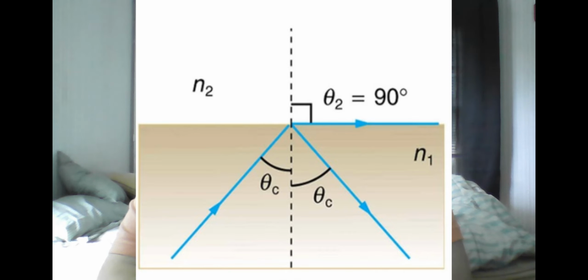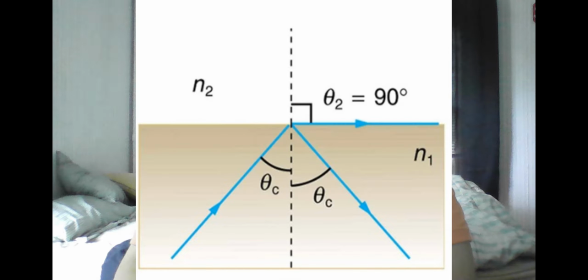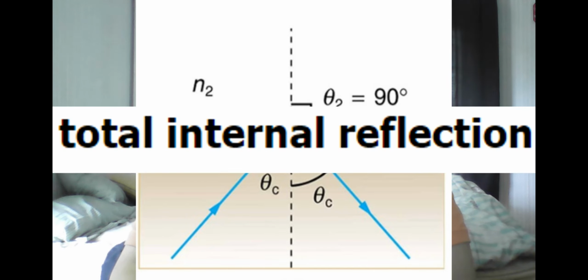Because of this special limit, there is a technical name called the critical angle, which is the angle of the original ray required to make a refraction of 90 degrees. Because we remember that if the angle of refraction is greater than 90, it will be on the same side as the original ray, it would follow that this would add to the reflection, and as a result, the technical term for this is total internal reflection, as a reference to the fact that all of the angles add up